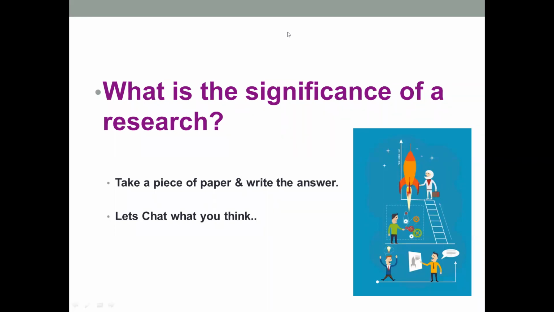Okay, it allows us to disprove lies and support truths. Yeah, that is true. That is one answer for this one. Very good. So this is the significance. You want to disprove lies and find what is true. So these are conceptual. Then what is the importance of applied research?